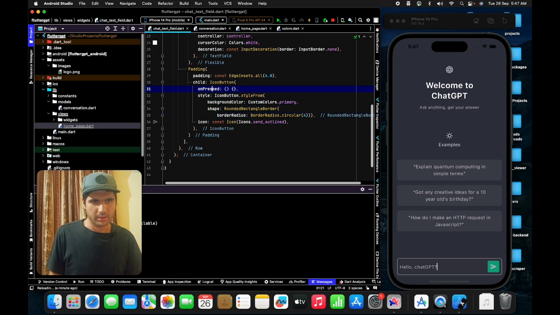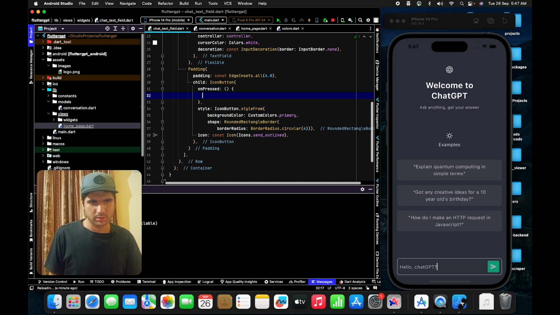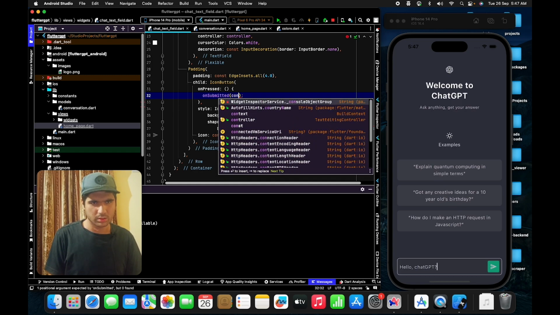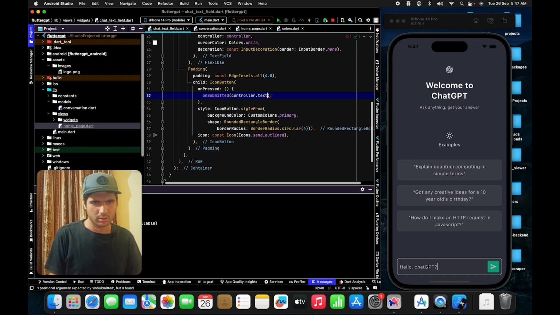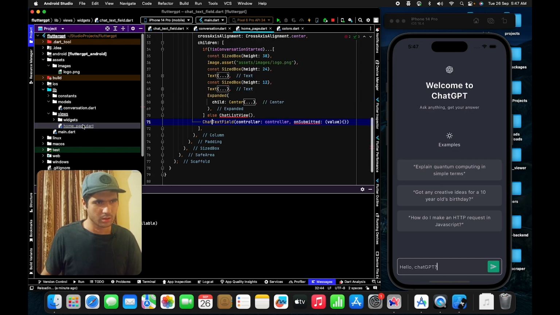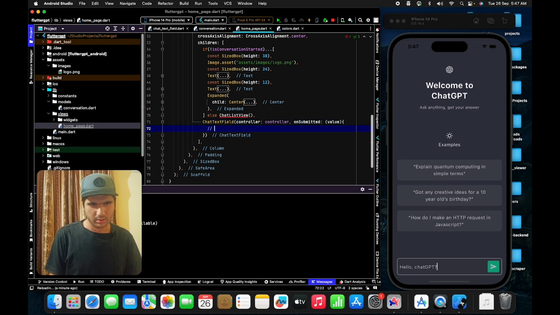Now if the icon button is on pressed here, we'll call on submitted, and we'll pass our controller dot text. Perfect. Now once we have that, here API call we will do, so that we'll transfer this message from our